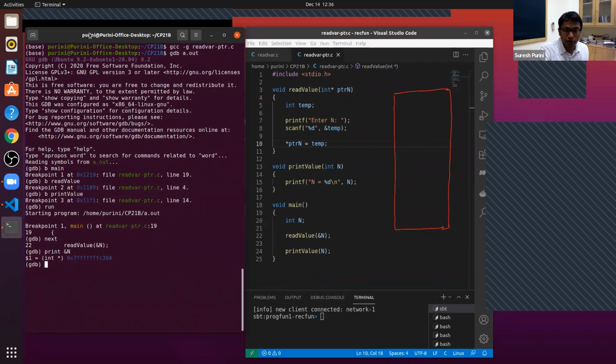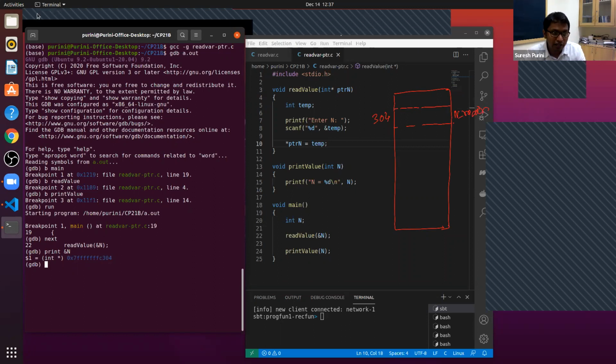What is the address of variable n? Last 3 digits, 304. This is the address of n underscore main. And let's see the contents of n.